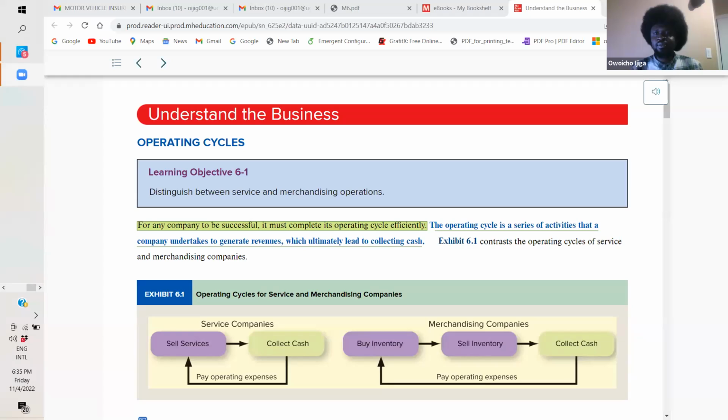Okay, let me share my screen. Sorry, let me share my screen so that you can see my screen as I explain the concept of the textbook. Okay. So,